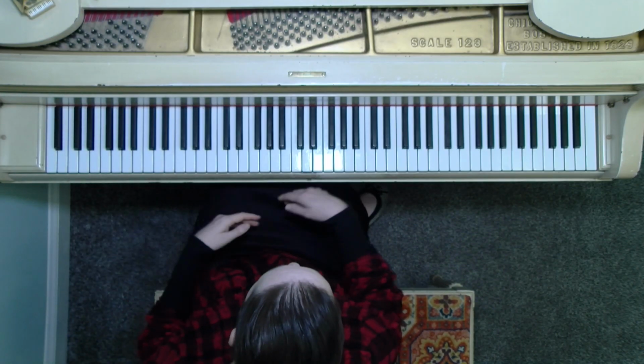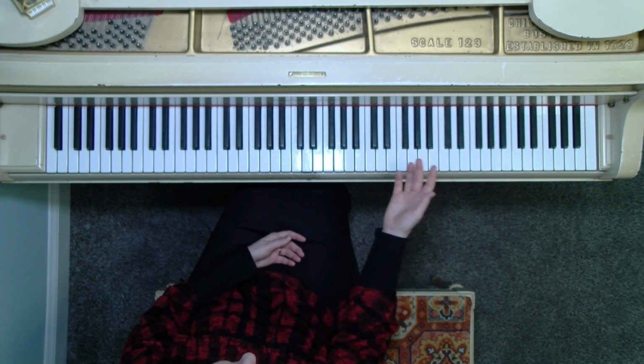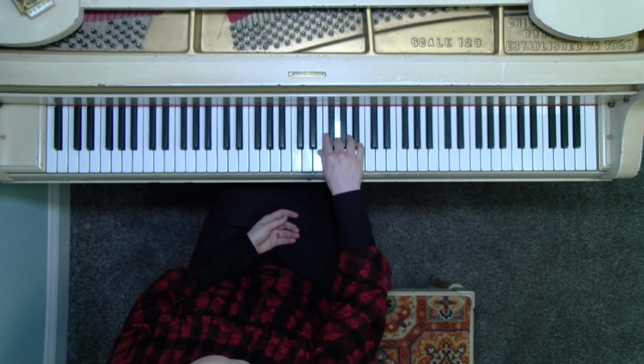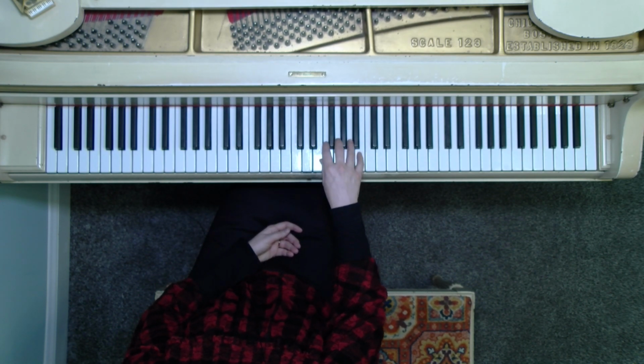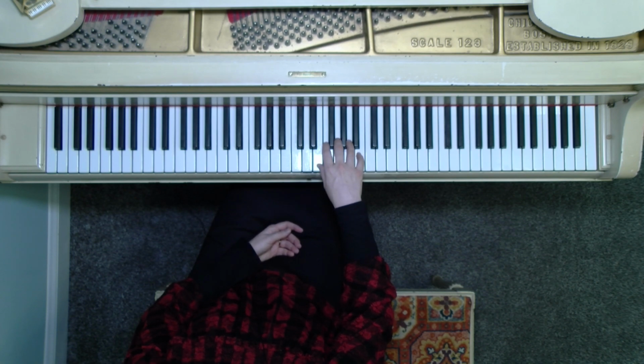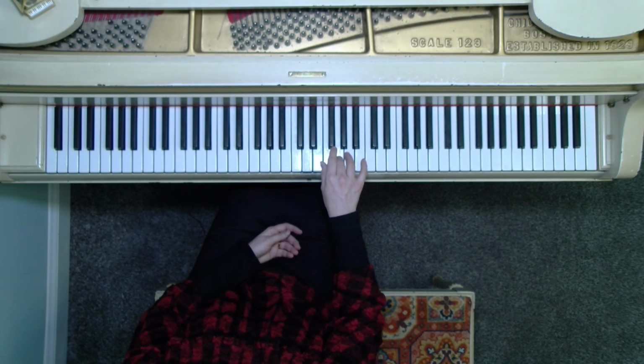Okay, I'm going to head to the piano here. You're welcome to join me. I'm just going to play, if you want to play it, I'm just going to play G here above middle C. It doesn't really matter if you're playing or clapping, as long as we're counting and working on this rhythm together. Okay, so if your hand is ready, 3 and 4 and 1 and 2 and 3 and 4 and